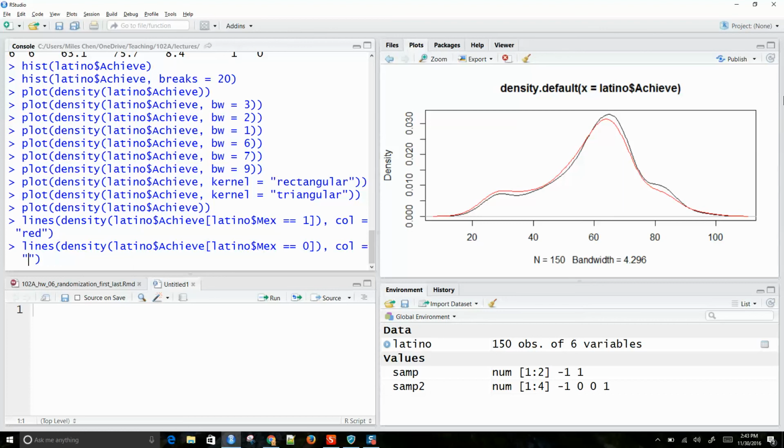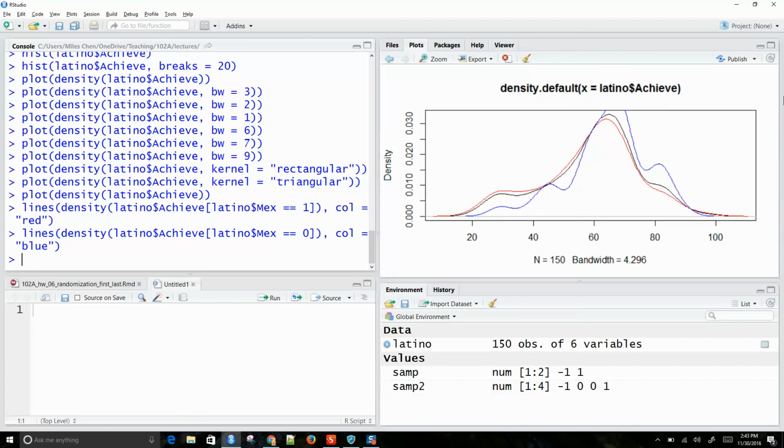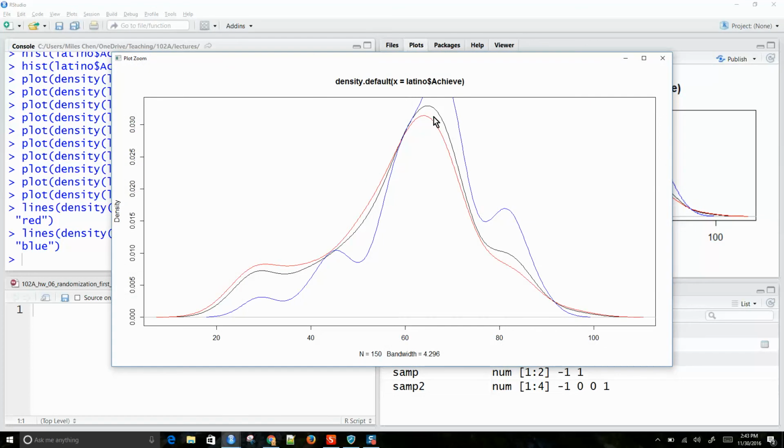Okay, and so here we see one of the problems with base graphics is that it defines the plot settings based on the first graph that was created, and so here it needs to adjust the y limits of the thing, but here we get an idea of how these density curves compare to each other. Okay,